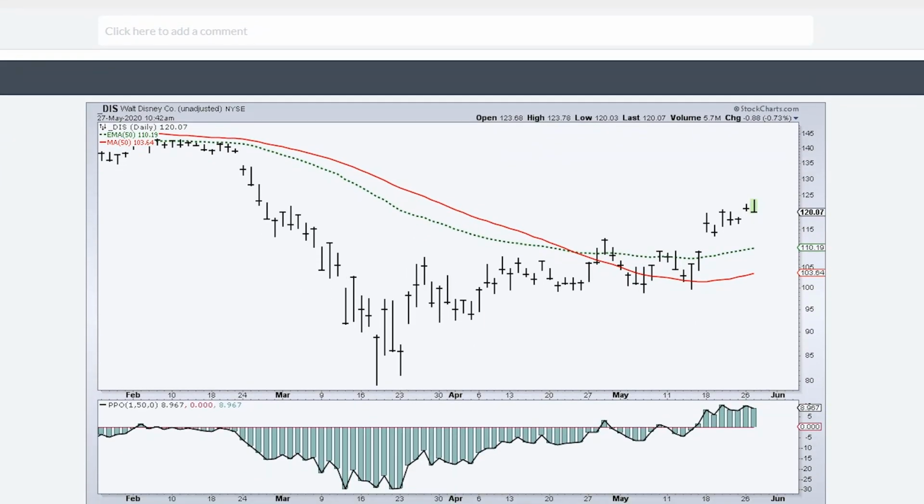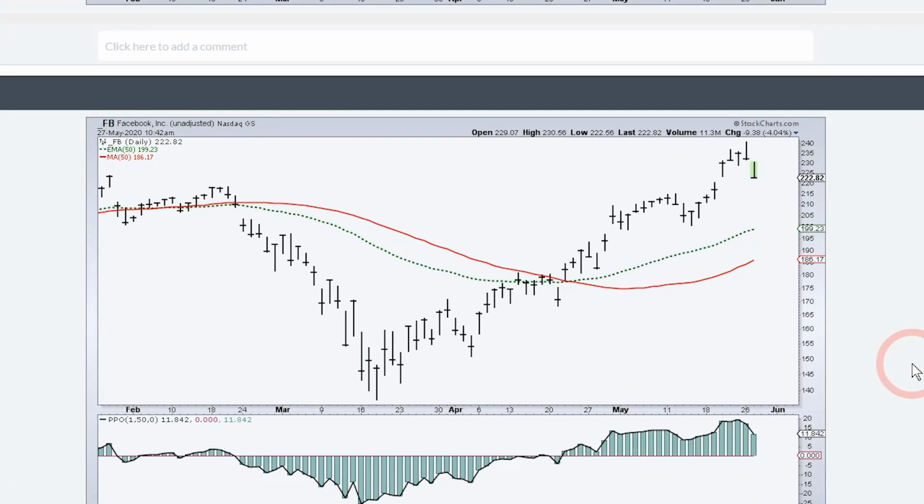Disney, similar situation. EMA starting to turn up a little bit earlier, but not much earlier than the SMA. And Facebook getting hit the last 2 days. But the SMA was falling and started turning up there in early May, whereas the EMA started turning up in